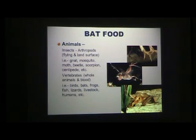There are other bat species that feed on other things besides pollen and nectar and fruit and insects and arthropods. And down in Panama, there's a frog-eating bat, and he just specializes on frogs. And actually,